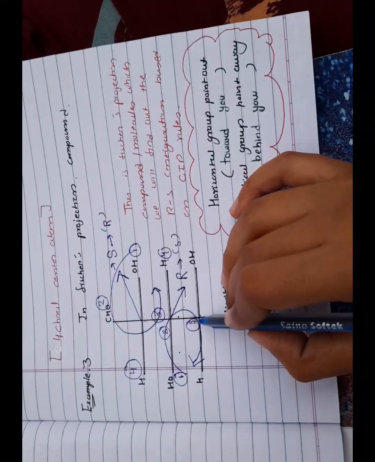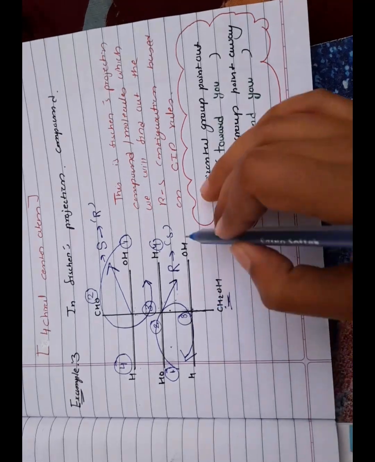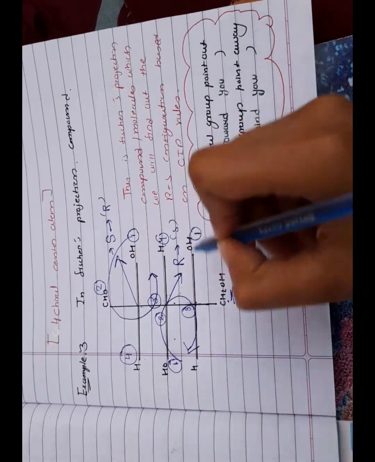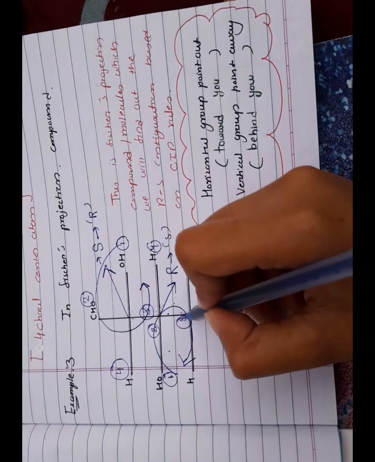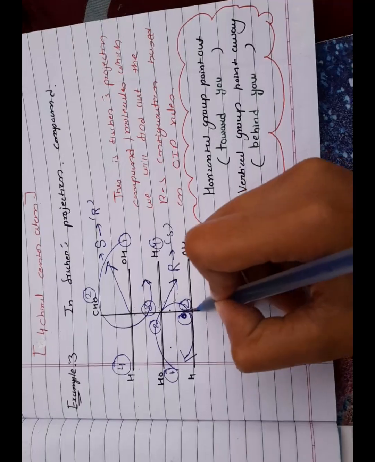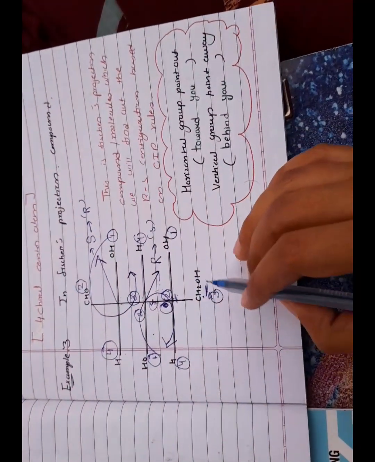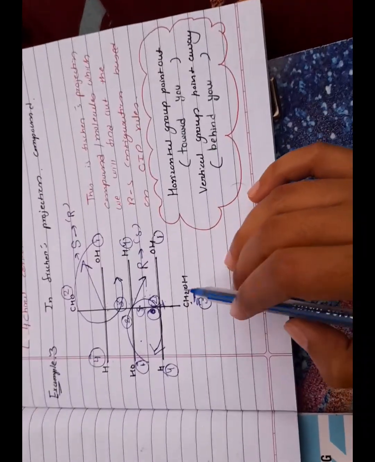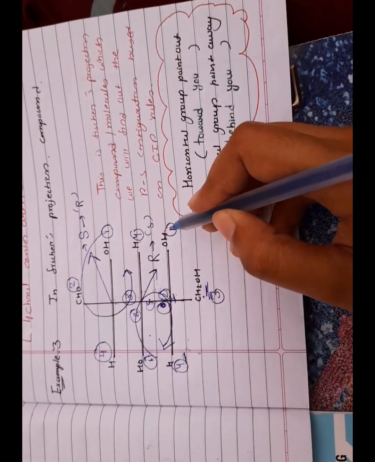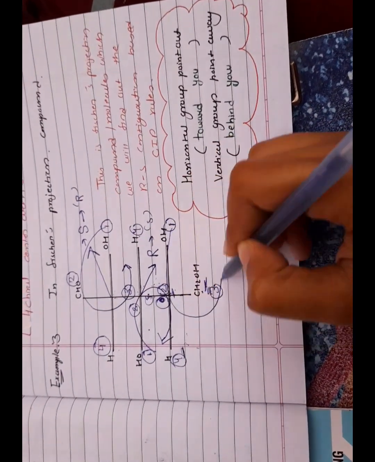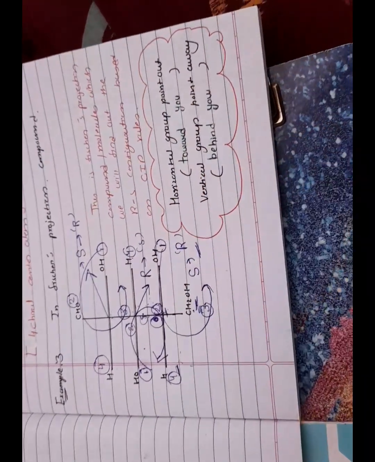Now the last chiral carbon, C4, the lowest chiral atom. On the right side is the OH group, which is first priority. The carbon at the top is second, the carbon at the bottom is third, and hydrogen is fourth. On the Fischer projection, 1, 2, 3 go counterclockwise. The lowest priority, hydrogen, is horizontal, on the front side, so it reverses the sense. This would be S, but we reverse it, and it becomes R.